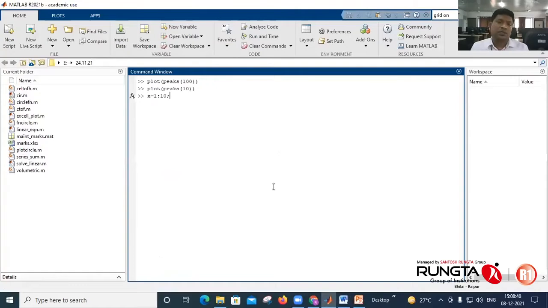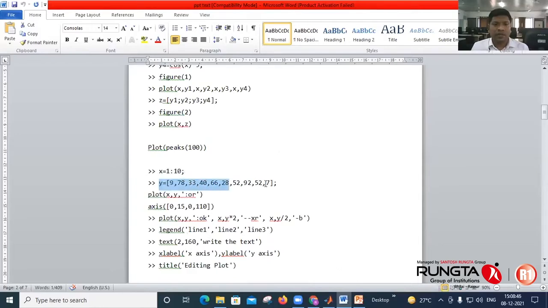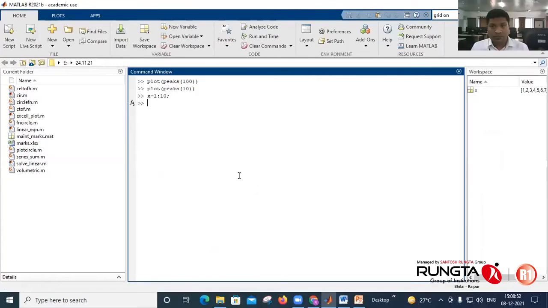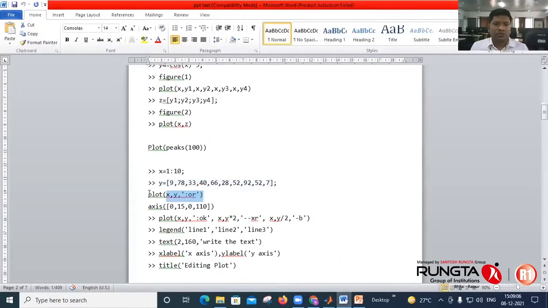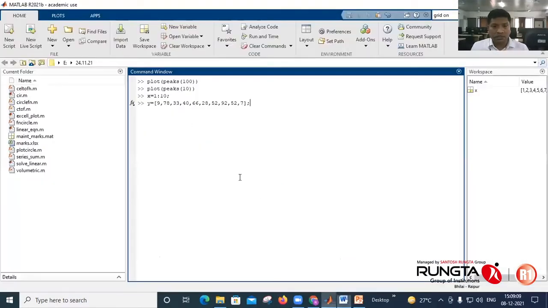So I'm defining X from 1 to 10, then defining Y, different values, put any value. Okay, just random values I put there. So I define X, define Y, and then I'm using this plot with specifier. I want to make a plot of X and Y. Okay. Then here